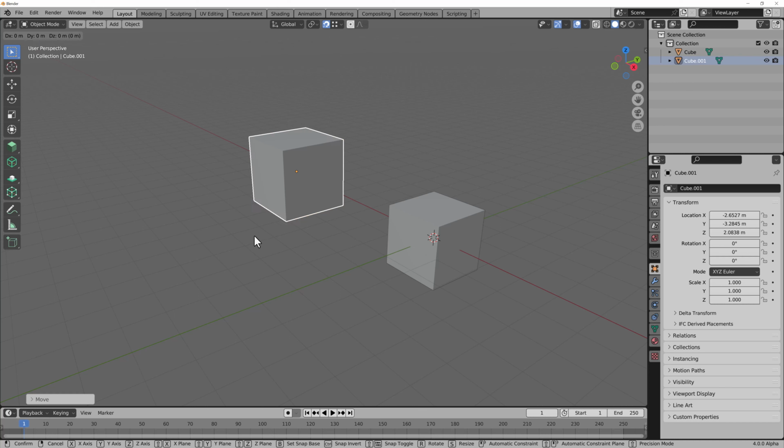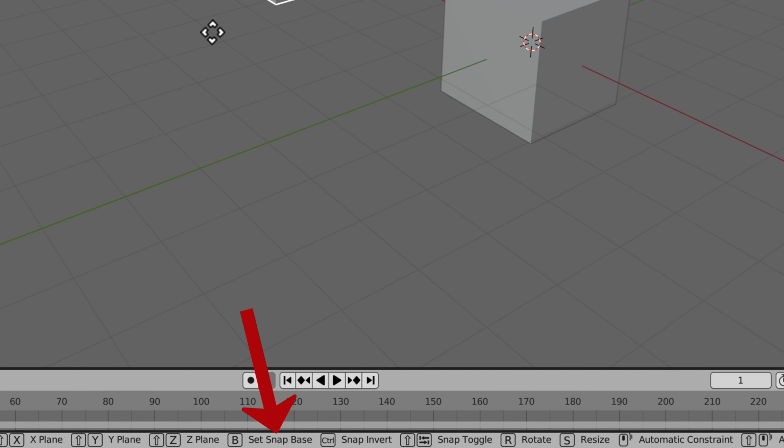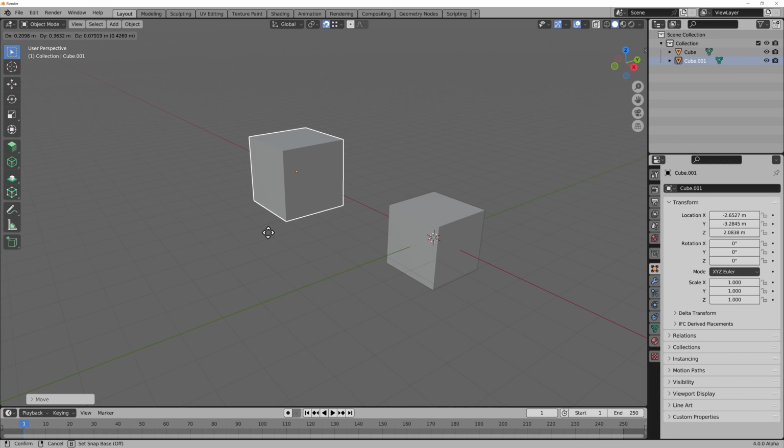If I press the G key now, you will see at the bottom in my status bar that we have a new option, Snapbase. I will zoom the video now to make sure you can see the Snapbase in the status bar. And it works by pressing the B key. If I press B now, it will ask me, well, where is your Snapbase?